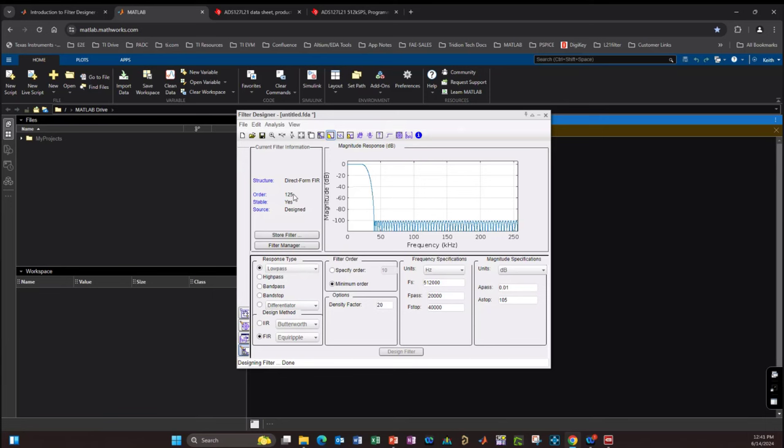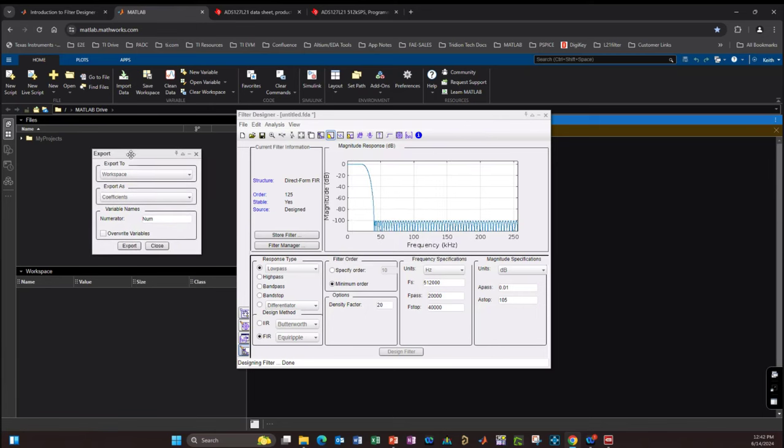And now we need to save these coefficients off that were generated internal to this filter designer tool to actually generate this magnitude plot. So the way we do that, we want to save those coefficients that we need. We'll go up here to click on File and then click on Export. And at that point, we'll get this export window that opens up. And what we'll want to do is go to the Export To and select Coefficient File ASCII. This is just a text file with the actual coefficients in it.